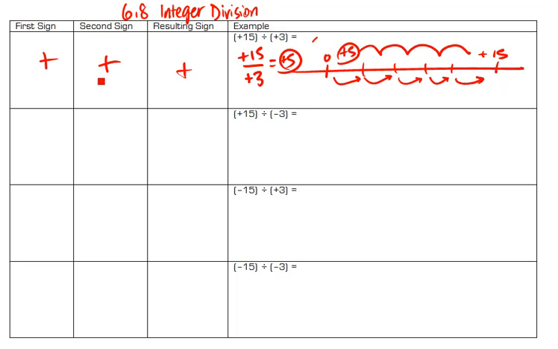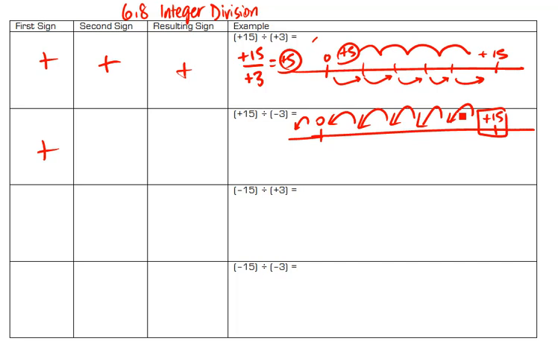The other one, now it starts to get a little tricky when you have integers in there. So the first question is, I have a total of $15, but I am losing $3 a day. So really, if I'm losing $3 a day, I should be moving in this direction. So for any positive numbers of days, I'll never actually reach my goal of $15 because I didn't have that amount. However, if I move back in time and I say, well, 5 days ago, I did have $15, but now I have nothing, then I can work out that 5 days ago